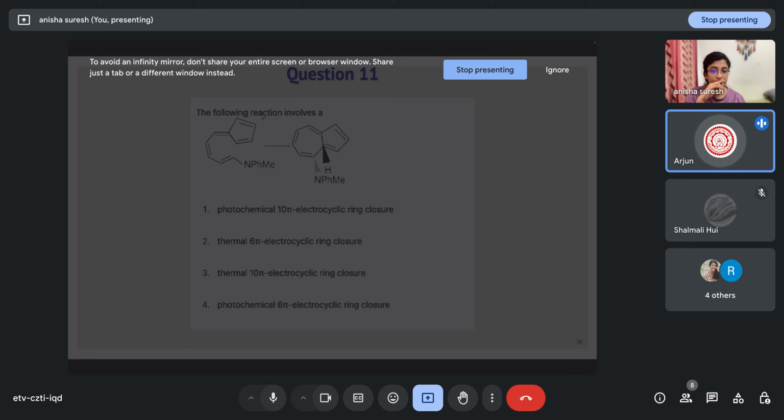This question also came in the last day's problem solving session, and there was some error in the question, I think. I am also noticing it now. When there is a double bond, we cannot show the stereochemistry. It is just some shift in double bond. 1, 2, 3, 4, 5, 6, 7. So here hydrogen in the methyl. So it will be like